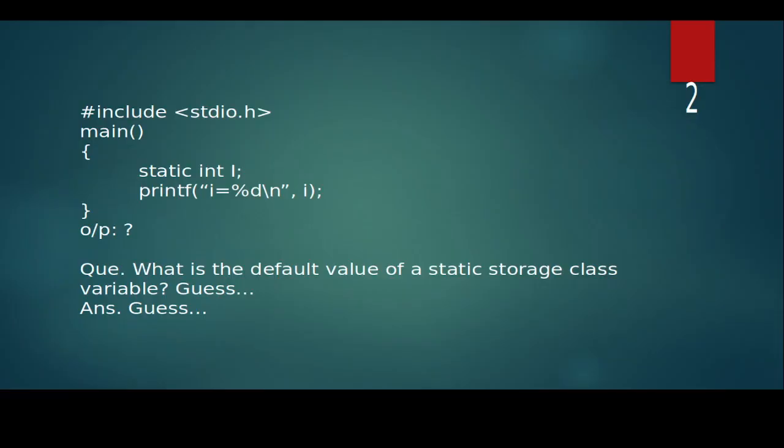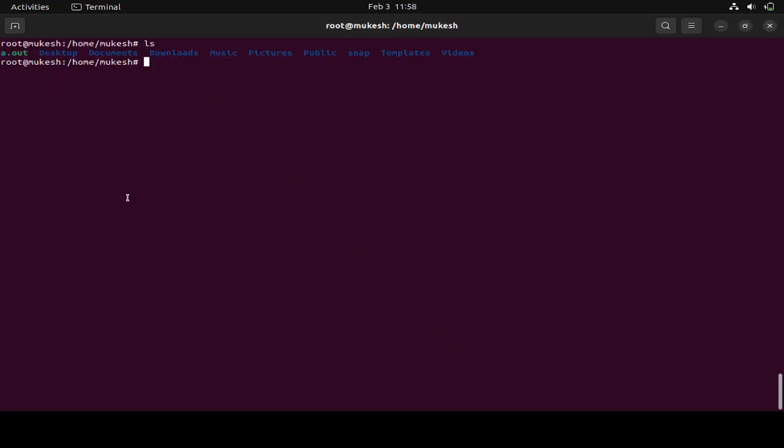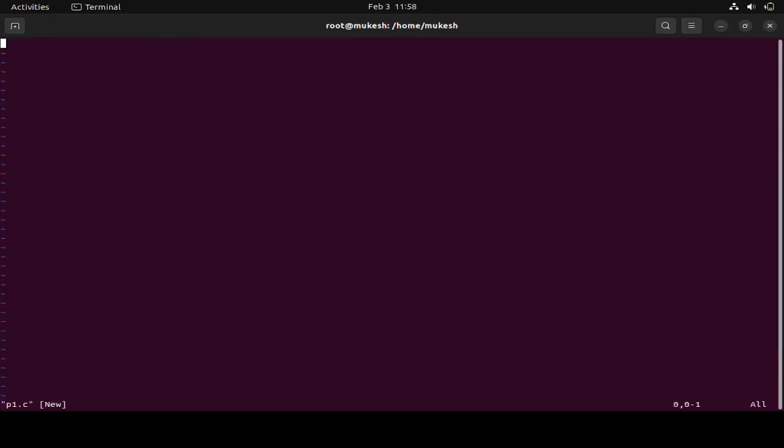Okay, let's take one example. I am writing one example to explain what the default value of the static storage class is. Just check here. Include stdio.h, the header file which is required for the print function. Main, writing the main function, declaring